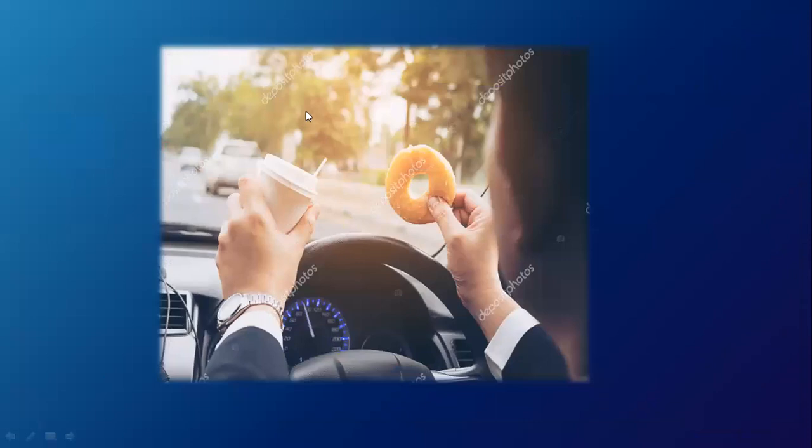But in this break, I'm going to tell you the story of this driver. This driver is now doing what? He is driving, and he seems to be a busy man. He didn't have his breakfast, so he grabbed his coffee and he's having his donut while driving.